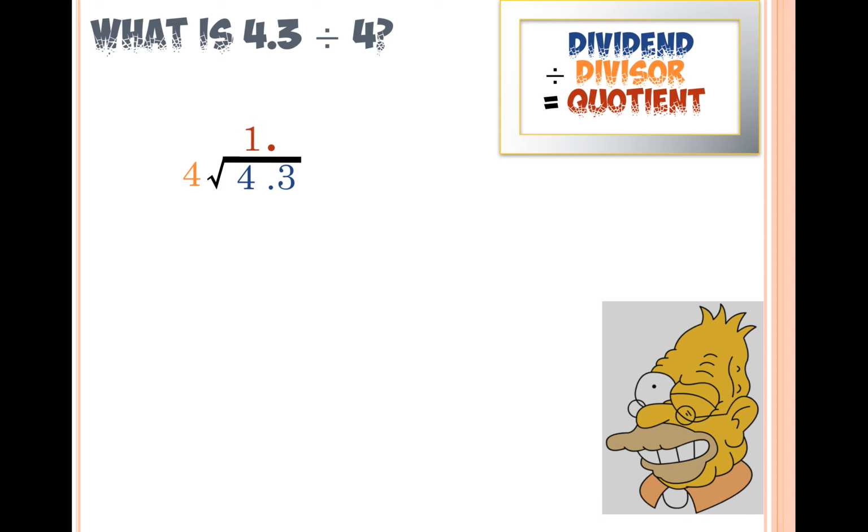4 goes into 4 one time. 1 times 4 is 4. Subtract, bring down. 4 cannot go into 3. So after you brought down the digit and you see that it can't go in, you have to put a 0 up on the roof. 4 can't go into 3, so we have to put a 0. And we have to now